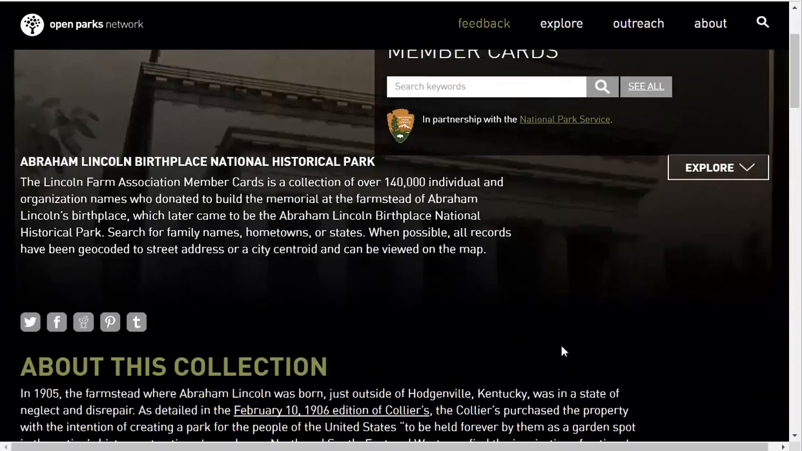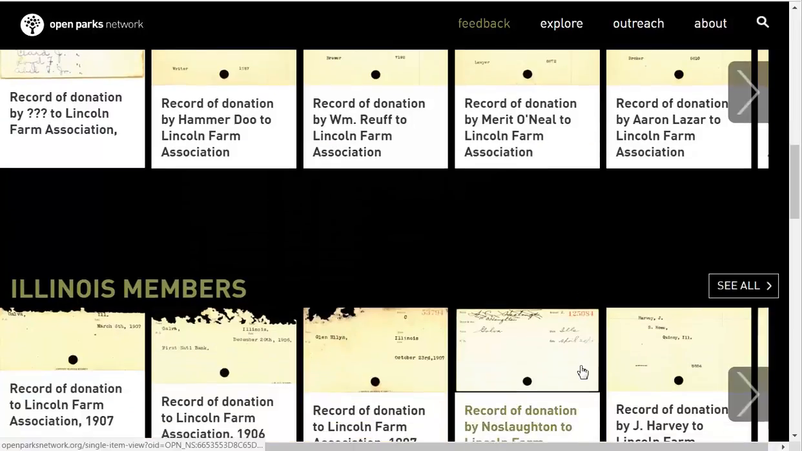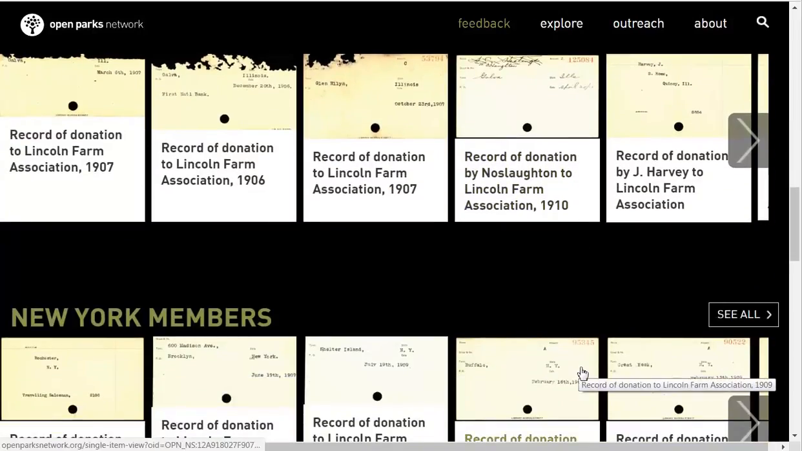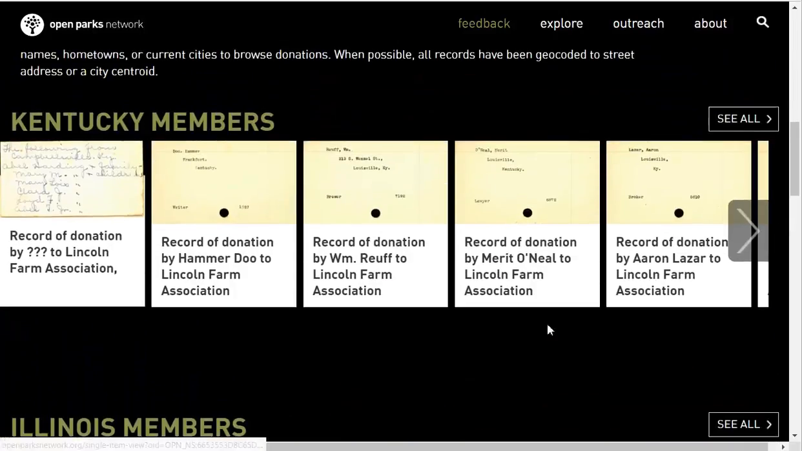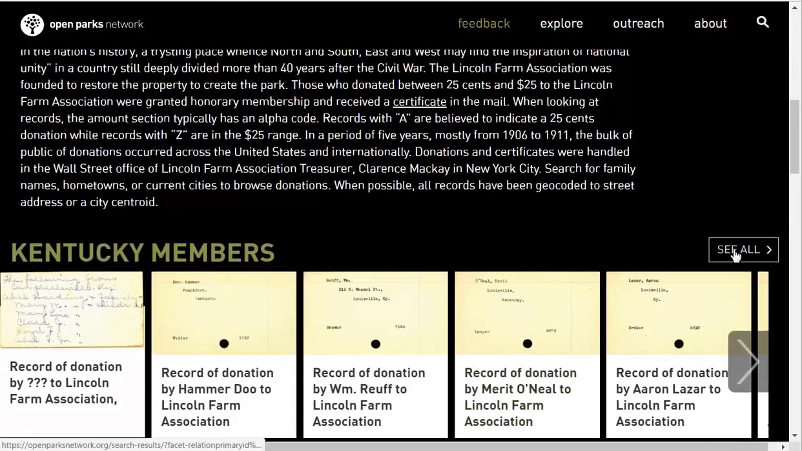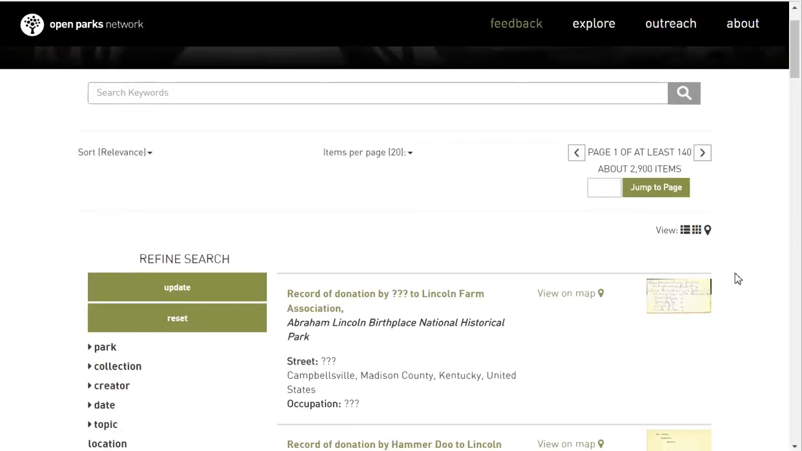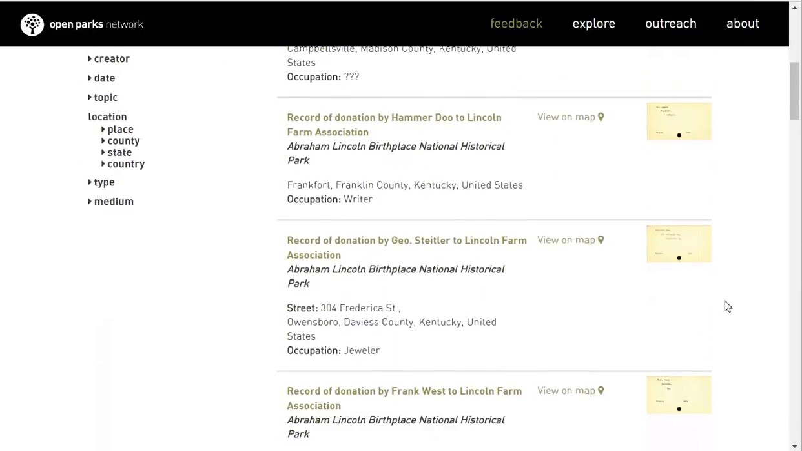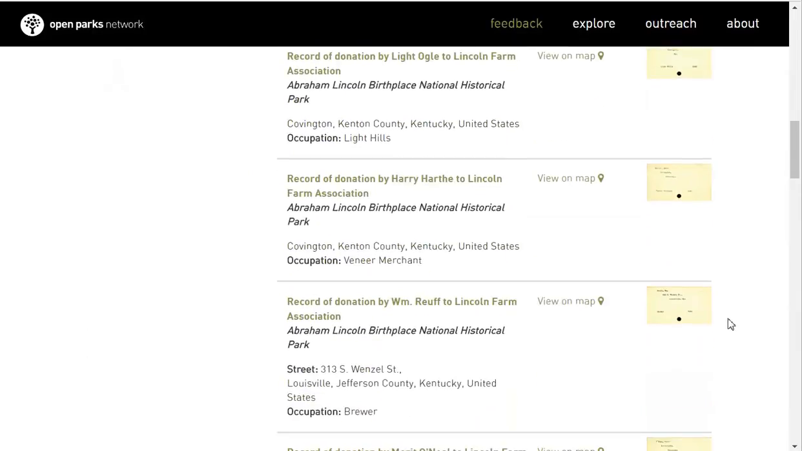And one thing to note when looking at this collection page, we've included 3 states rows here for Kentucky, Illinois, and New York. Because New York, there were a lot of donations from that state, and obviously Lincoln's ties to both Illinois and Kentucky. If you click See All on one of these buttons, it's going to pull up the results of all the Kentucky donations, just like if we did a keyword search. So essentially you need to get to this search screen to open up a map interface based on, for example,